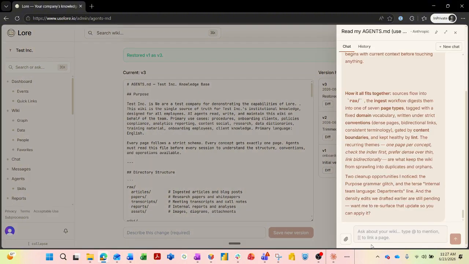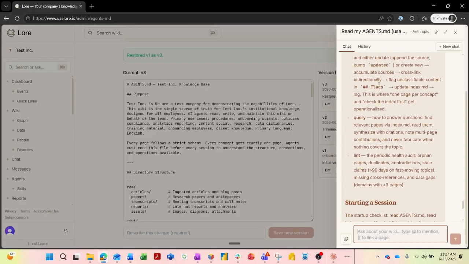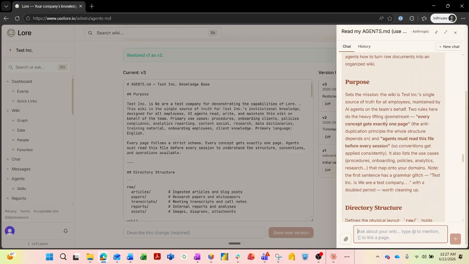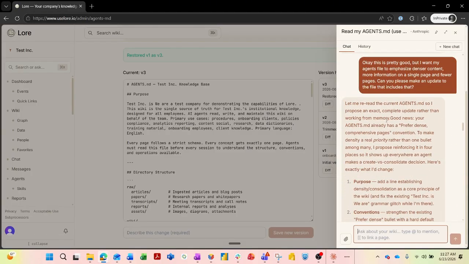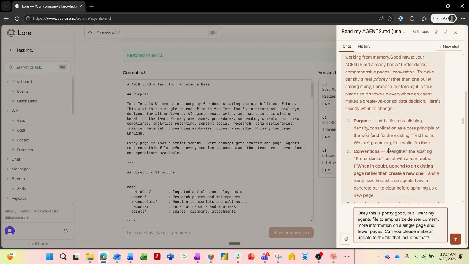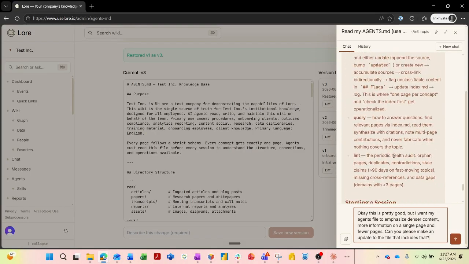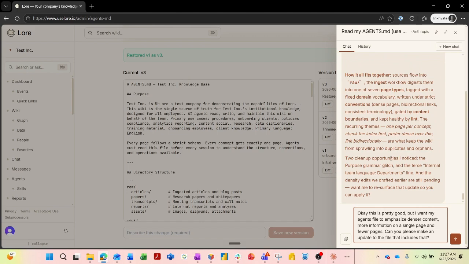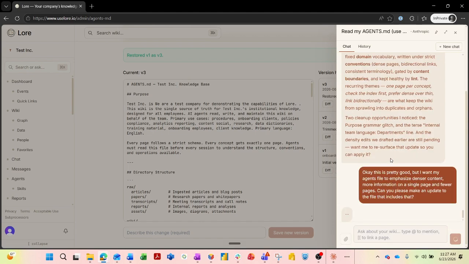Probably the best way for most to edit it is that you can just talk to the chat and have it edit it, right? And so earlier, I made a couple updates and came back to it. So earlier I told it this, so I'm going to repeat this just for the video's sake, right? Which is, okay, this agents.md is pretty good, but I want my agents file to emphasize denser content, more information on a single page, and fewer pages. Can you please make an update to the file to include that? So I'm going to send that chat,